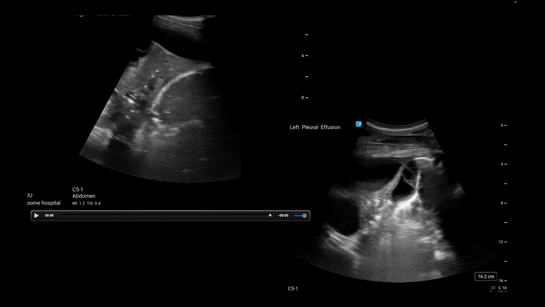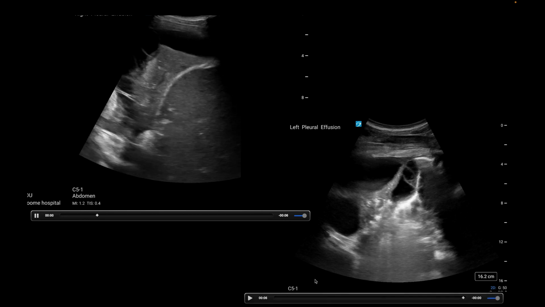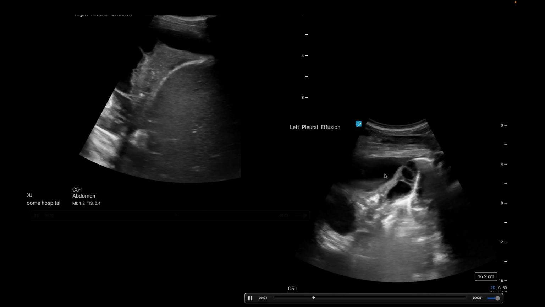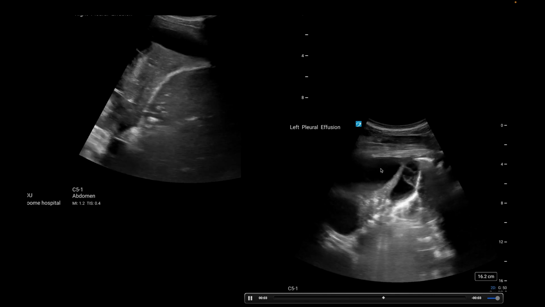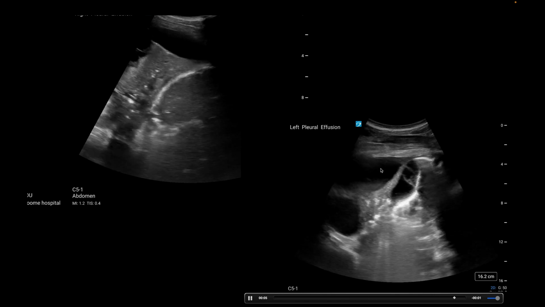So the best way of working out what bug it is is to look at what else could be going on with the patient. But this one is certainly big enough that we could poke a needle into it, take a sample and send it off to the lab to confirm that this was in fact an